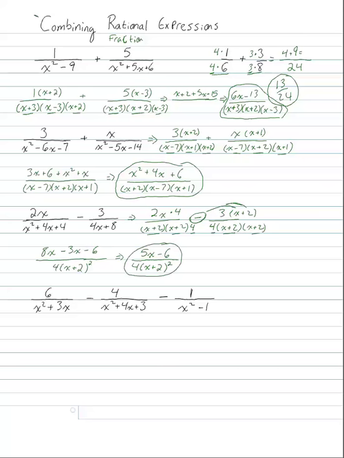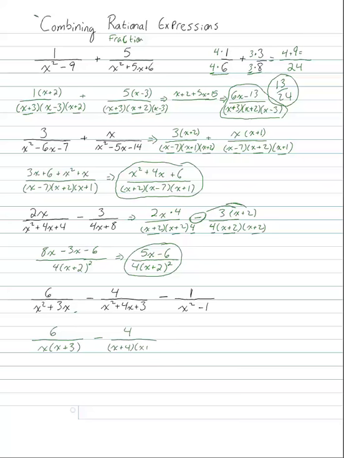Okay, let's try this huge one down here. We got two minuses going on. So okay, I'm going to start off the same way and factor. 6 over x squared plus 3x. It is a quadratic because it has the x squared, but it has no constant over here, so I can't do the two binomials. So I'm just going to pull out the x. Whenever I'm missing a constant, I can always just pull out that x. So x times x plus 3 minus, I have x squared plus 4x plus 3, so that will give me x plus 4,